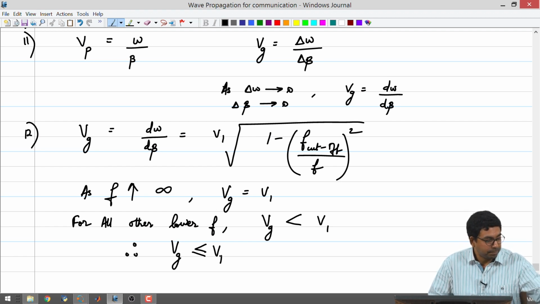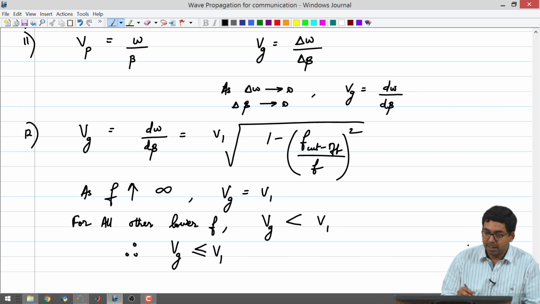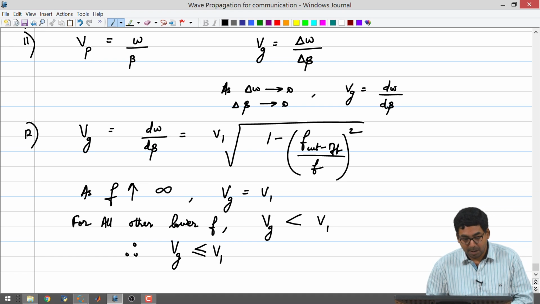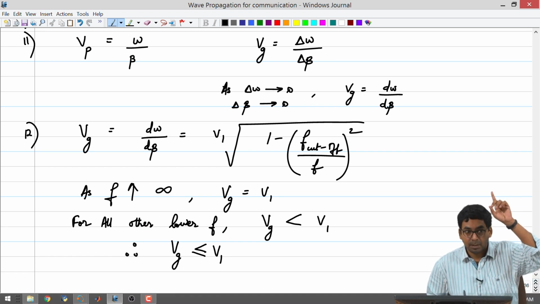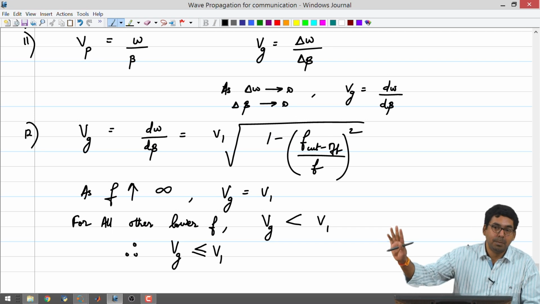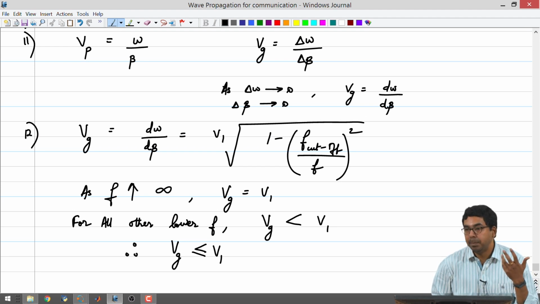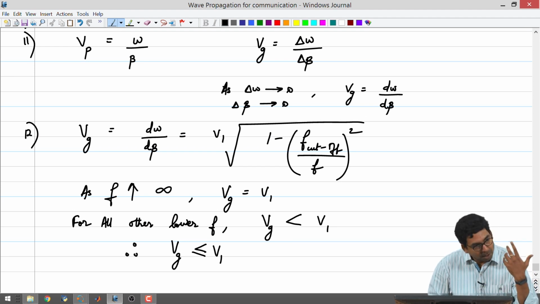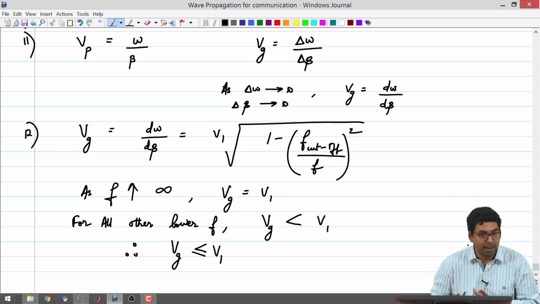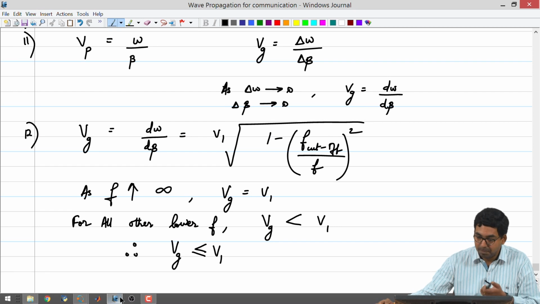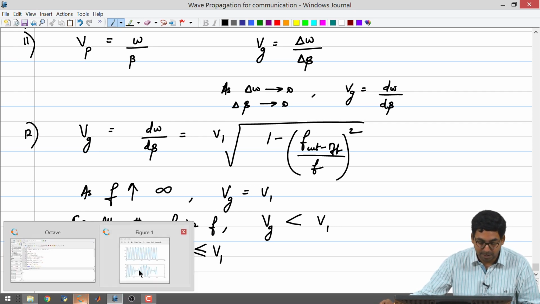Now, with this idea, let us write another simple program to just see what is happening with Vg and Vp. One of the things that I notice common between Vg and Vp is that at infinite frequencies, both of them asymptotically come to the velocity in the bulk medium, in this case V1, all right. The second thing that I notice is Vp is operating frequency dependent for a waveguide. Vg is also operating frequency dependent for a waveguide, all right, just that the way they are dependent seems to be slightly different, but let us make a plot, okay, and see what happens to the phase and the group velocity for the modes, right.